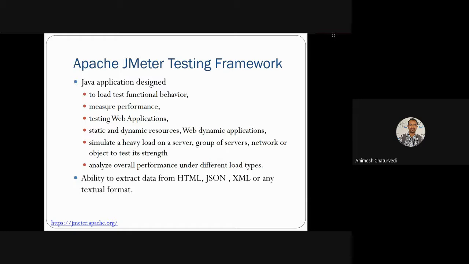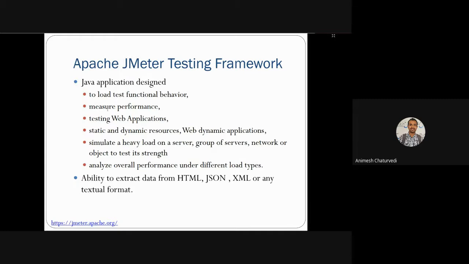Means there are 100 requests, there are 1,000 requests, how the change will happen from 100 to 1,000. Then performance measure: what is the response time with 100 customers, and what is the time with 1,000 customers.